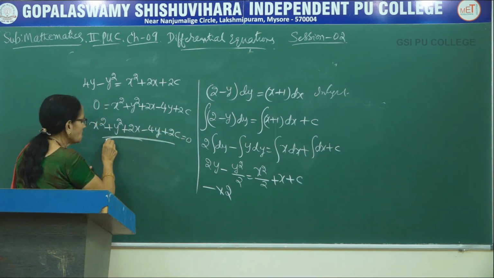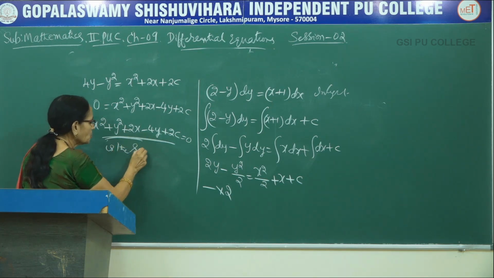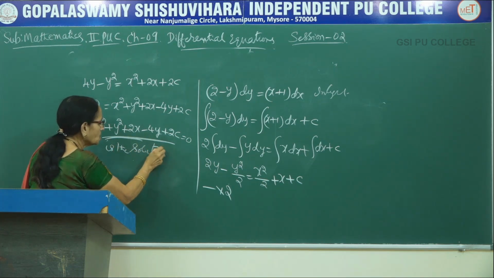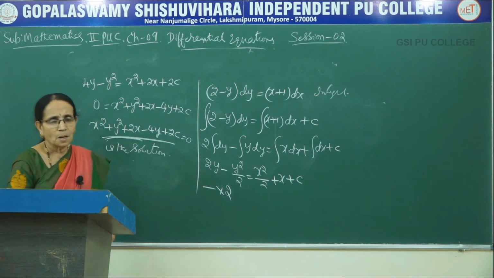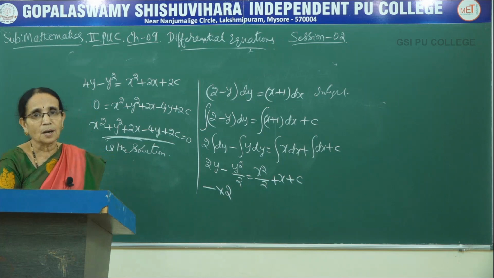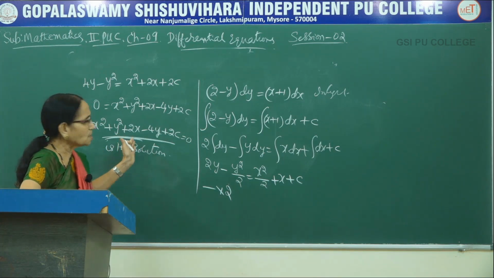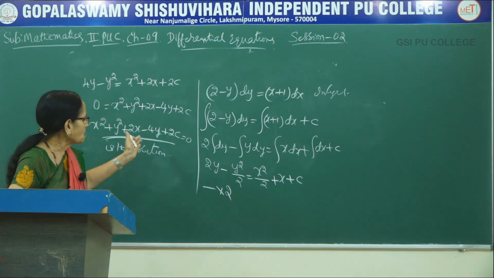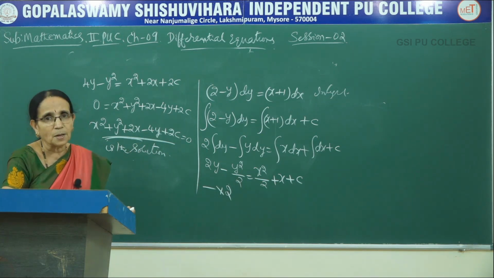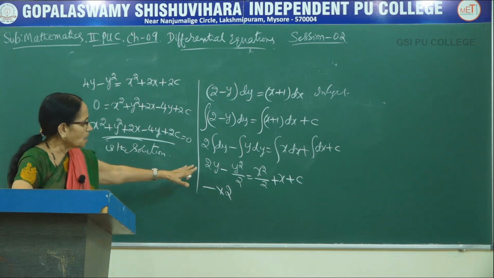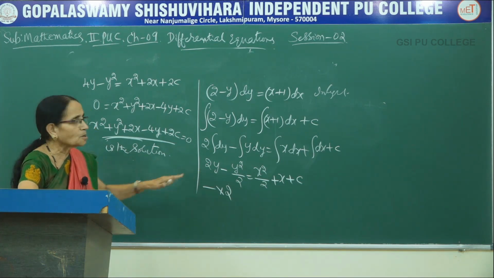So you write is the solution. Of course, it is a general solution I am calculating. Now, you have studied analytical geometry in first PUC. It's a circle actually, the equation of a circle here. So in all the problems, it may not be possible. As soon as you complete the integration, that is the solution.